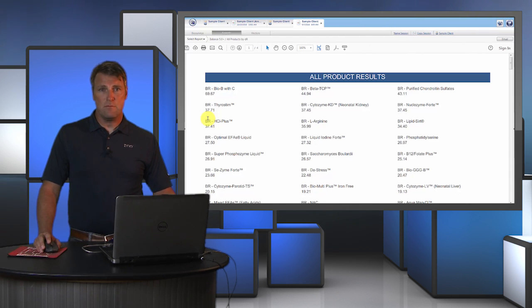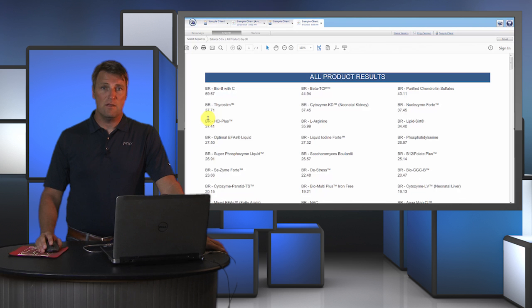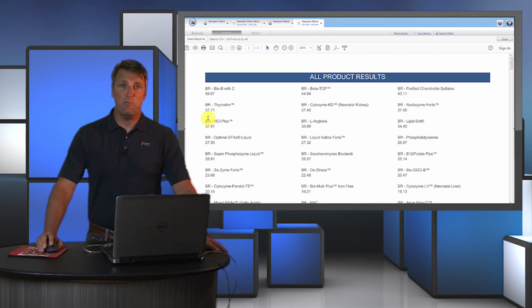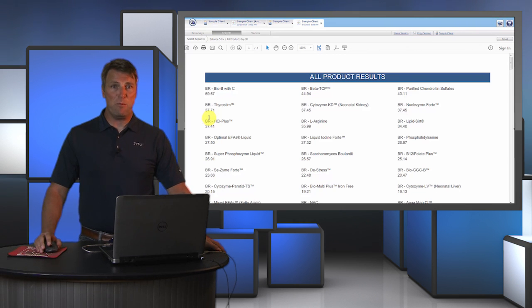The other thing that I like about the All Products by DR report is that it gives me an opportunity to look at all those virtual items, and if there are multiple products that address a similar issue that are at the top of this list, that could be an indicator that the body needs additional support in that area. As an example, if there are 5 product virtual items that contain vitamin D that appear in the top 10 to 15 products, that might be a strong indicator that vitamin D could be a beneficial supplement for that